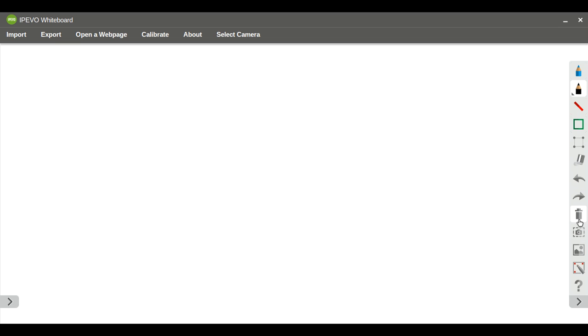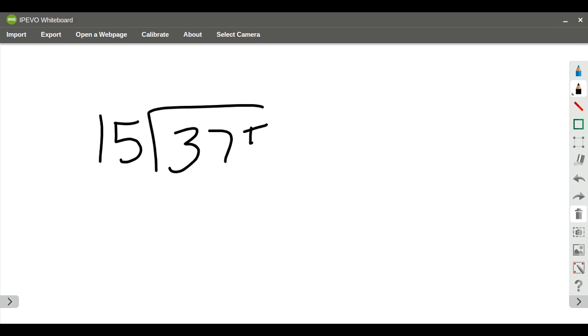I'm actually going to rewrite this and bring it down, and you'll see why in a second. So I'm going to start by using partial quotients. I'm going to look at how many tens I need to multiply 15 by to get near 375. I'm going to use some of my number sense to help me with that. I'm going to start by just looking at the first two digits, 37. I look at my 15 facts and ask, what multiplication fact of 15 is going to be near 37? Well, 15 times 2